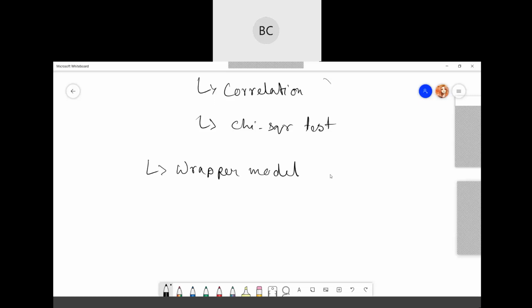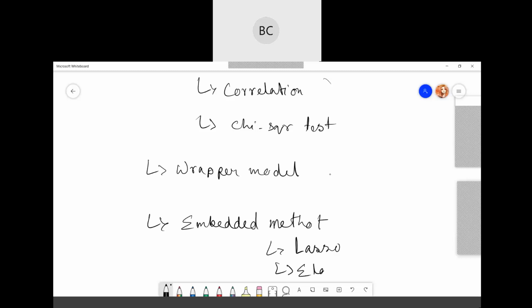Then there are embedded methods. The embedded method checks the different training iterations. For this, we have lasso, elastic net and so on.